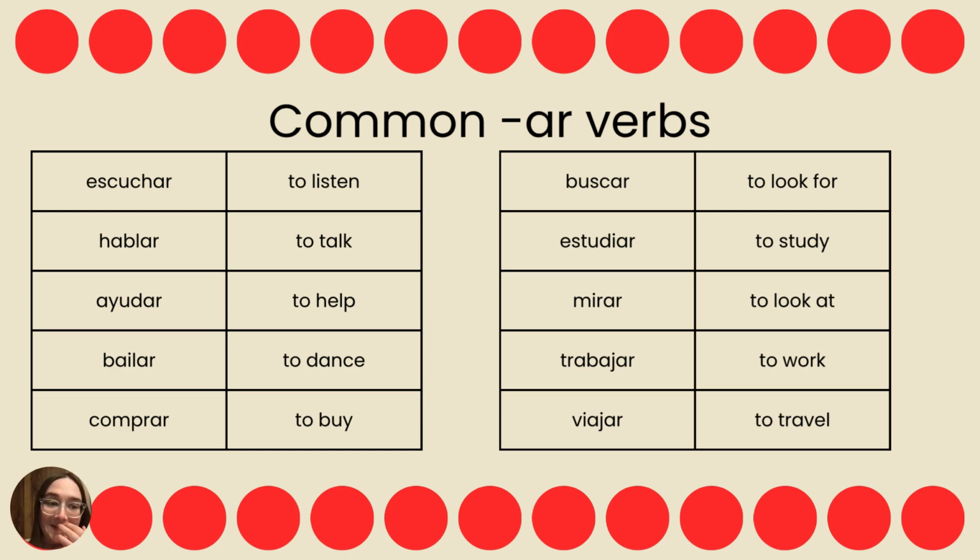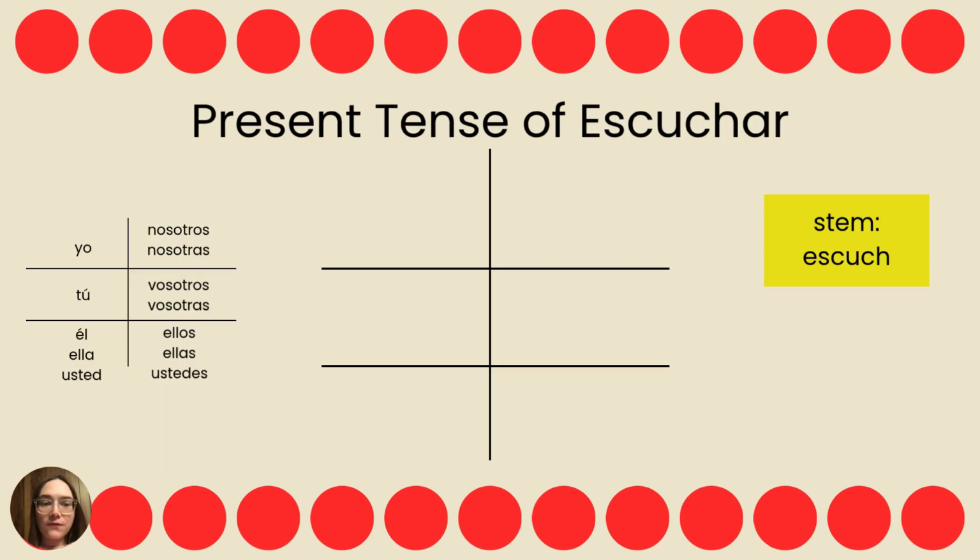Okay, so let's get into it. We're going to do a few examples of just conjugating the verb. So the stem, we're going to do the present tense of escuchar. If we were talking about the past tense, there's actually two in Spanish, the future tense, the conditional tense, the present progressive tense, any other tense, these are all going to be different answers. So just for the present tense in Spanish, for the verb escuchar, we are going to use the stem